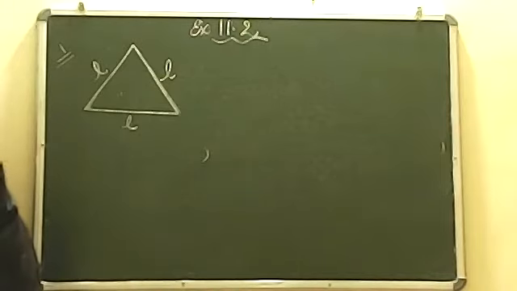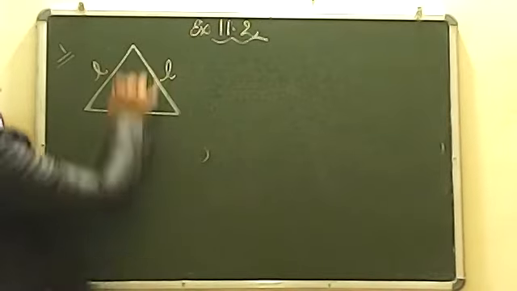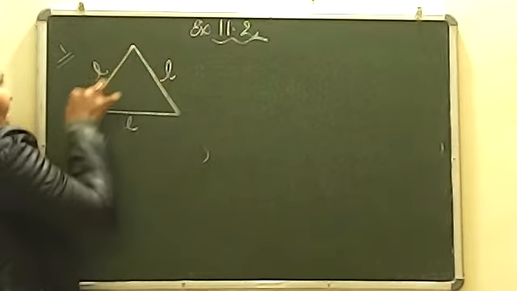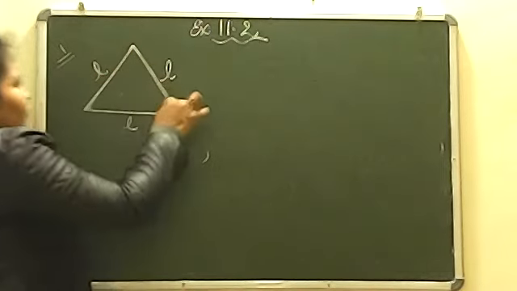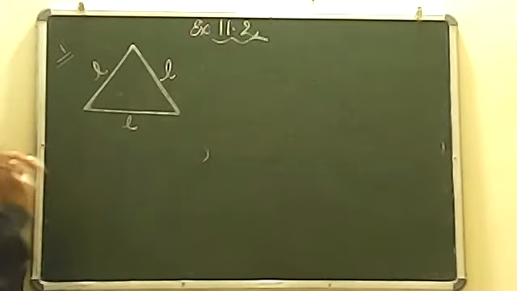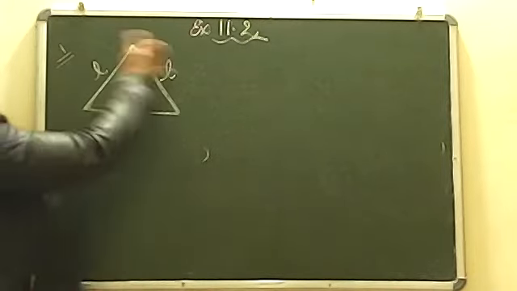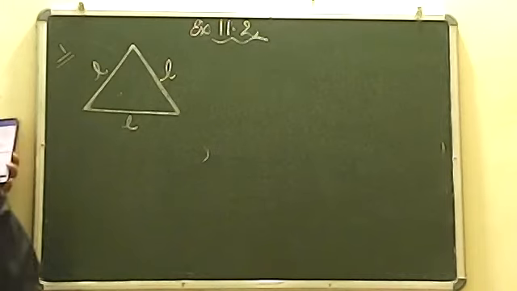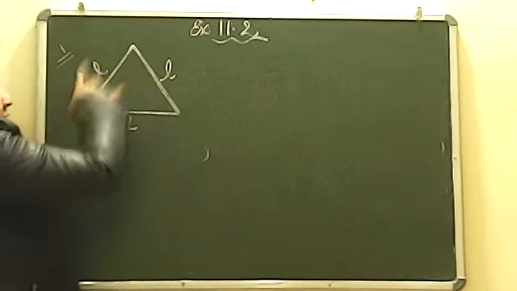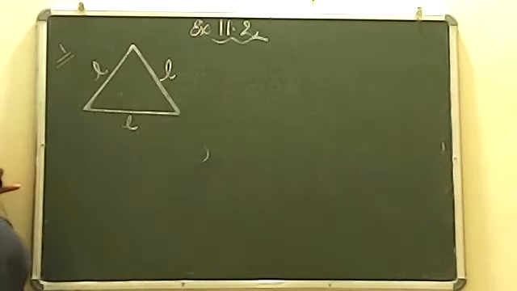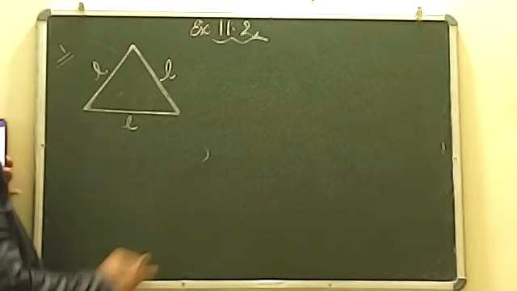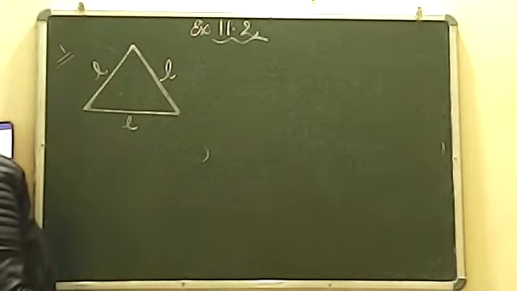Okay? So in this chapter, in this question number 1, there is a figure which is an equilateral triangle. Equilateral triangle means the triangle which has all the sides equal. So this figure is of an equilateral triangle. Now it is telling that in an equilateral triangle, the side of it is L. So if one side is L, every side will be L. Why? Because it's an equilateral triangle. So now it is telling you have to find out the perimeter by using L.